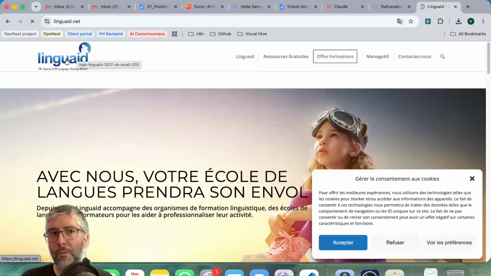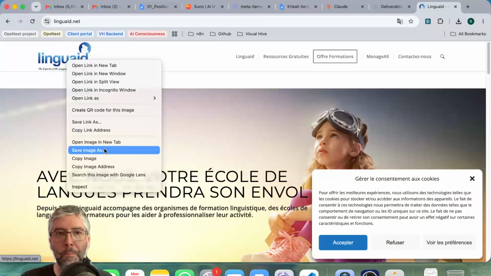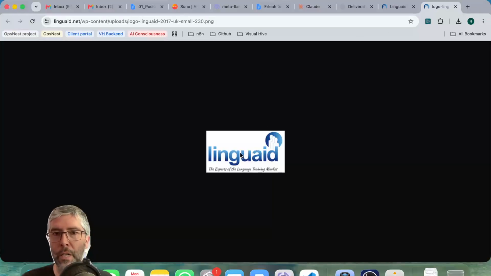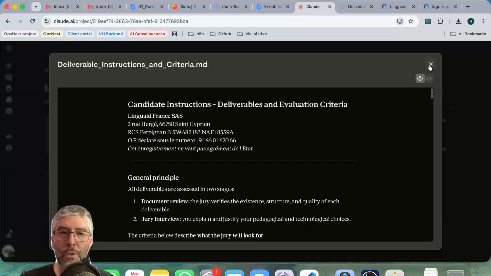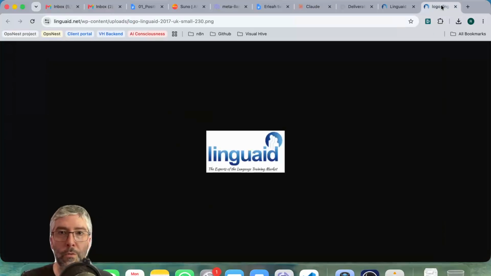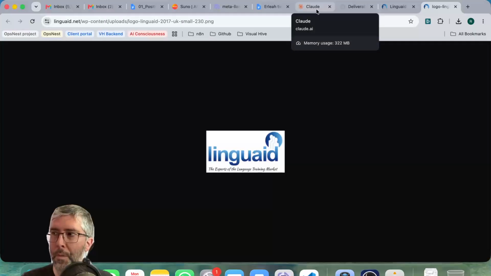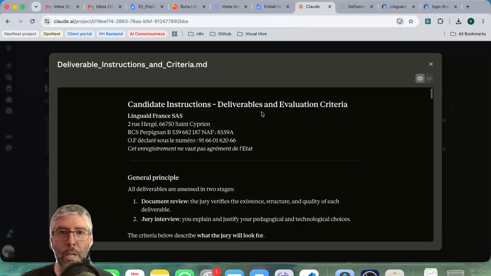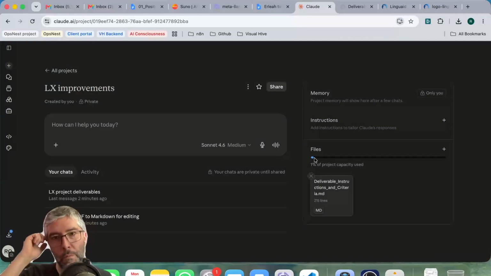So wherever the site is, often you can just go and click copy image address or open an image in new tab to make sure that it's really there. Looks fine. So copy image address. Remember with Claude, it can't add images. If you just upload an image, it can't add it to the document, but it can add a link to an image. So if you can find somewhere to host the image where you can actually get the .png version of the link, I don't think Google Drive uploads work the same way, but if you can find somewhere to upload it where you can get that .png or .jpeg or whatever,